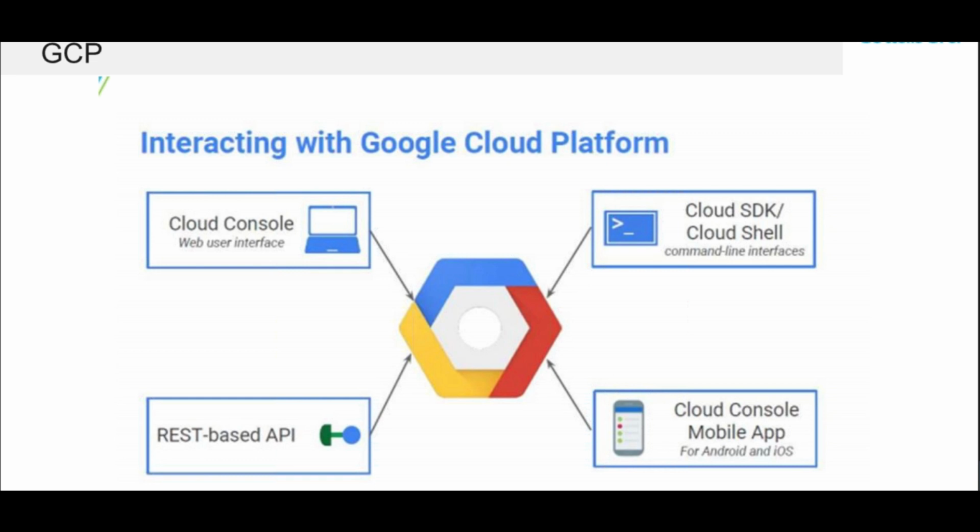But obviously you have to prepare for the examination. $125 will be the cost for the examination. And yes, GCP is booming. A lot of companies are opting for Google Cloud because of various advantages, and hence there will be requirements for that as well.